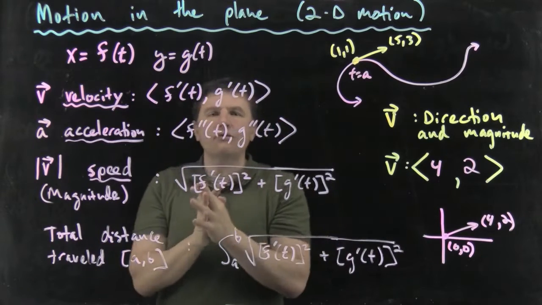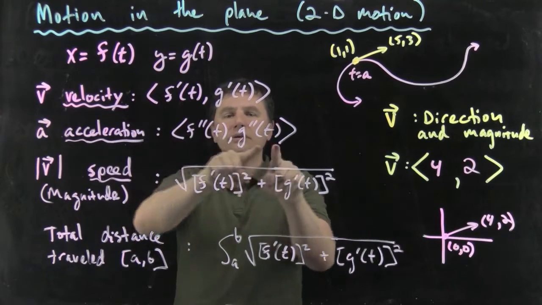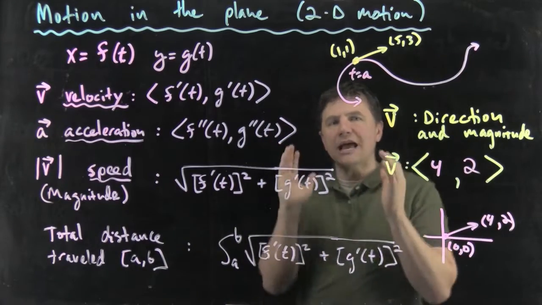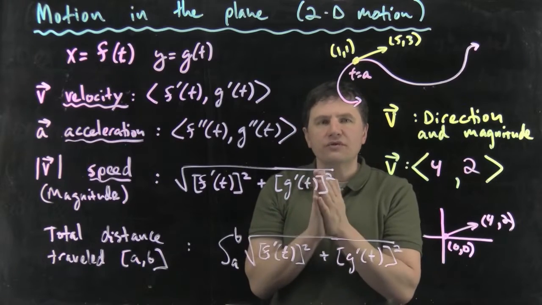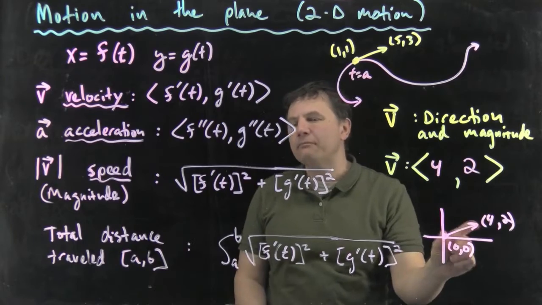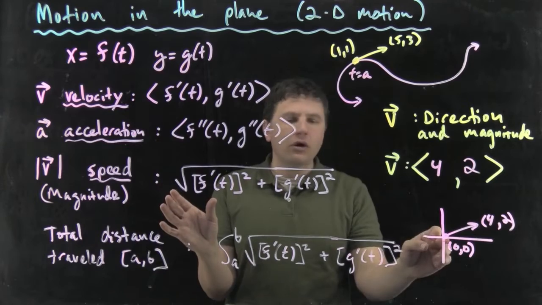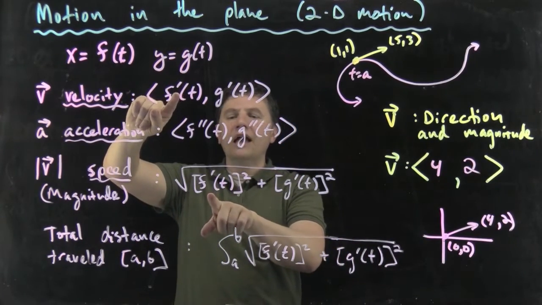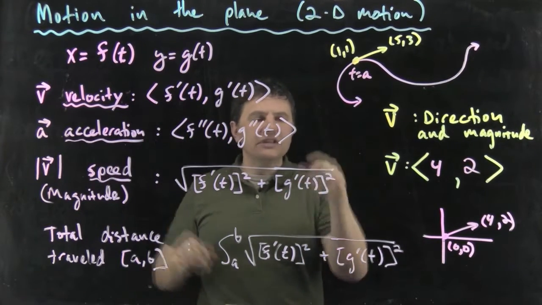Acceleration, the rate of change of our velocity vector, is just the double derivative of the original, okay? And then speed, if you remember in the past, speed was just simply the absolute value, and the reason why is one of our components was always 0, so this was kind of a trivial scenario. But speed is actually the magnitude, the length of that. So speed is really just the distance formula. And as long as this is in component form, we're subtracting 0. So we're just going to take f prime of t squared plus g prime of t squared,